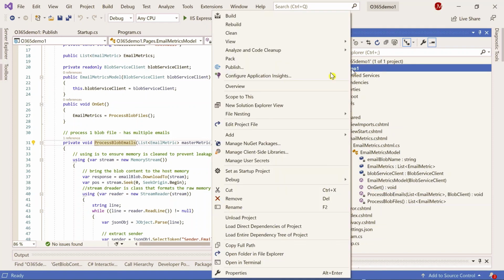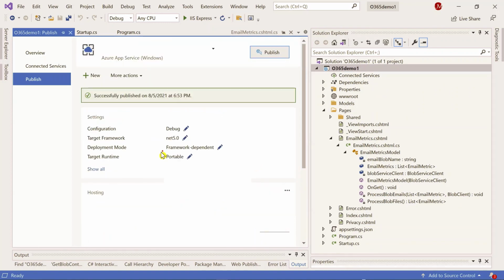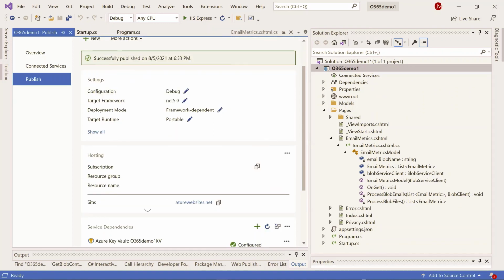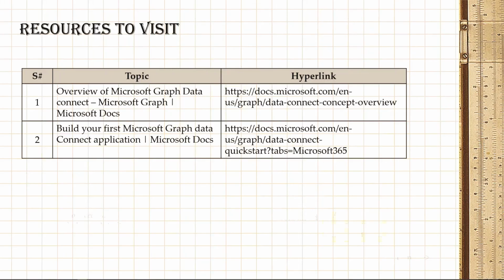This application is then published to the Azure Web Services plan. Here you see it has been published, and this is the public link that is provided to run the app. Let's do that. So once we push the email metric button, it shows the insight that we had planned or coded this web app to provide, from the data that was pulled from the Office 365 tenant using the Azure Data Factory.